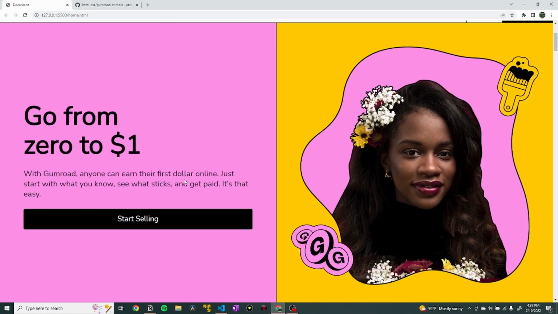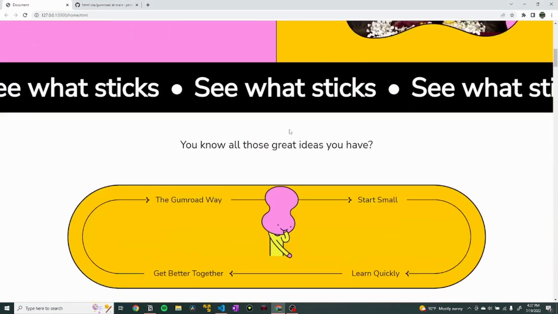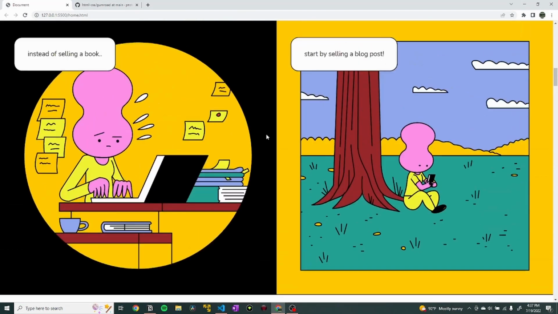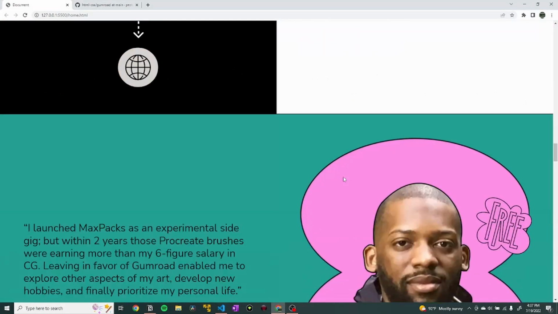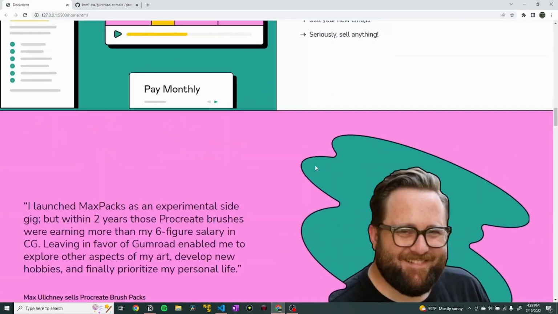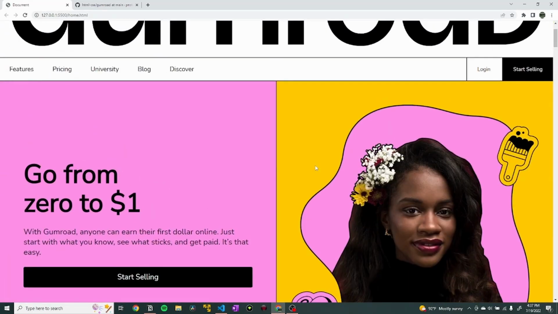Now, a lot of these sections, as you can see on this website, are reused, right? So we have this section here that looks pretty similar to this one in terms of structure, and then if we scroll farther down here, this one looks pretty similar to this one, and so on. So you might think it's easy, but there's actually a lot of complex code that goes on inside of it,